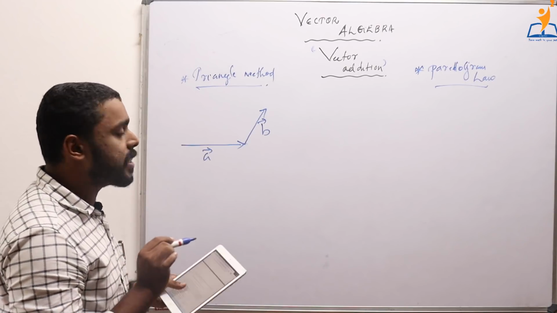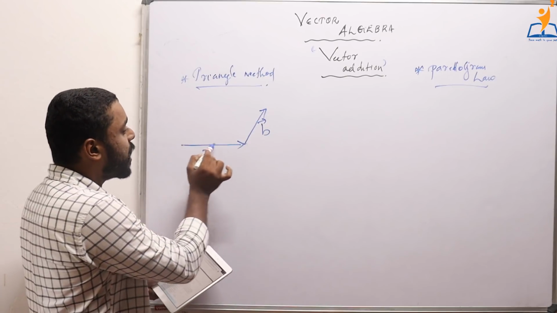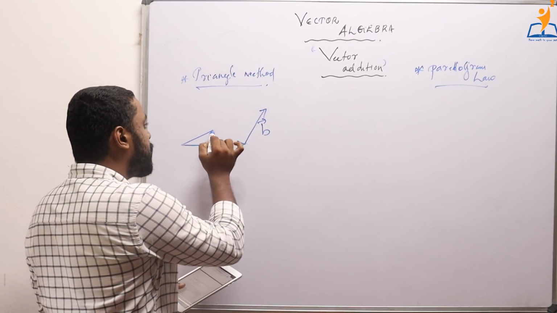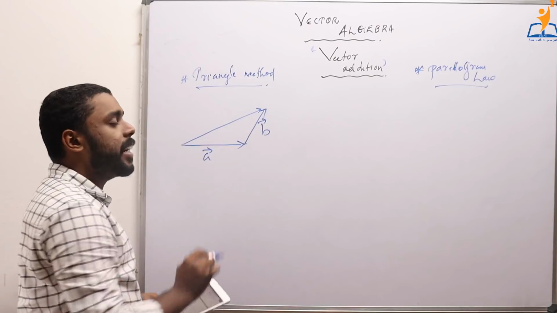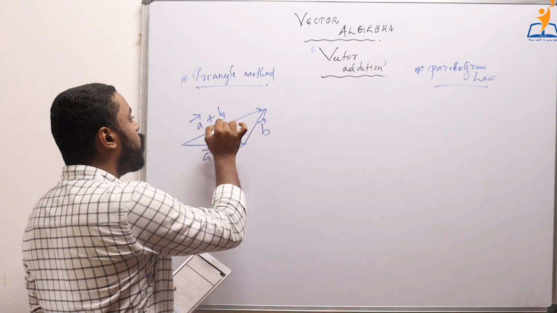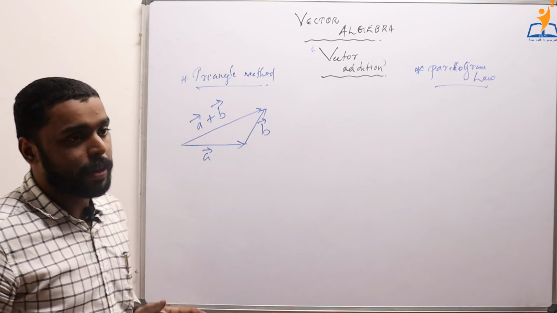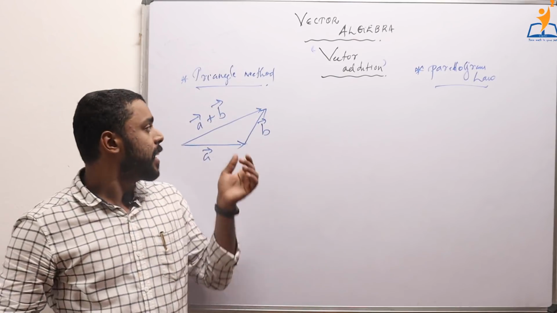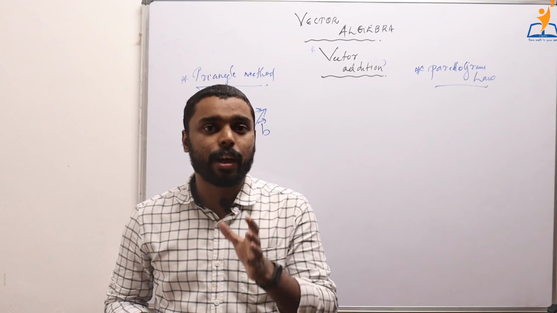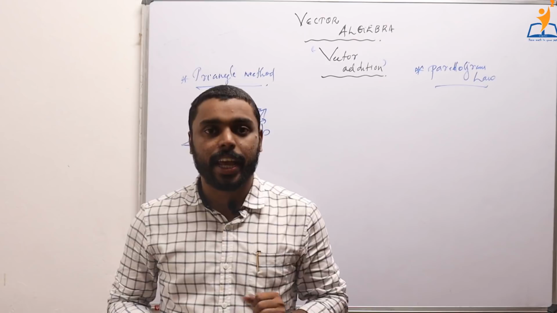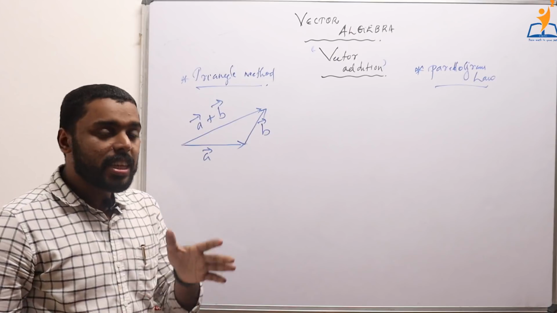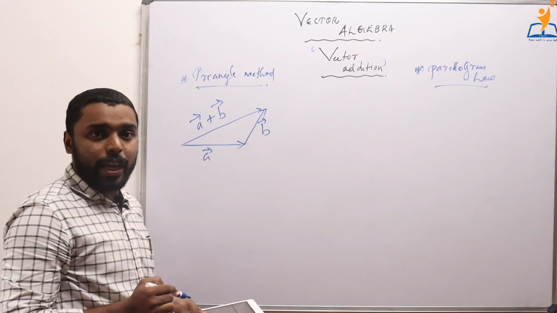The advantage of this transformation is that now we have obtained these as two sides of a triangle. So we can complete the third side easily, and the third side is nothing but the resultant vector A plus B. That is, by the triangular law we can easily find A plus B. What we have to do is place the vectors as the sides of the triangle, and then we can easily find the third side of the triangle just by joining them. Is it clear?